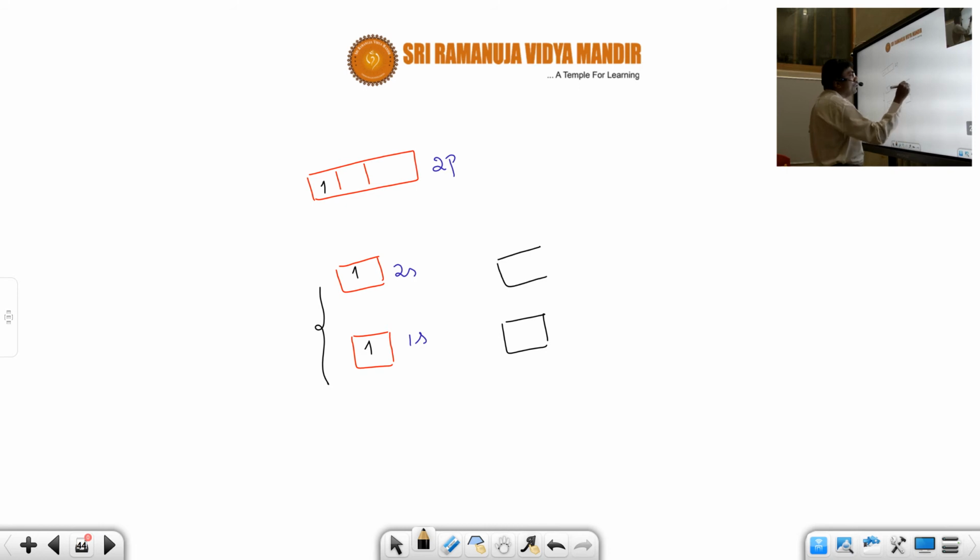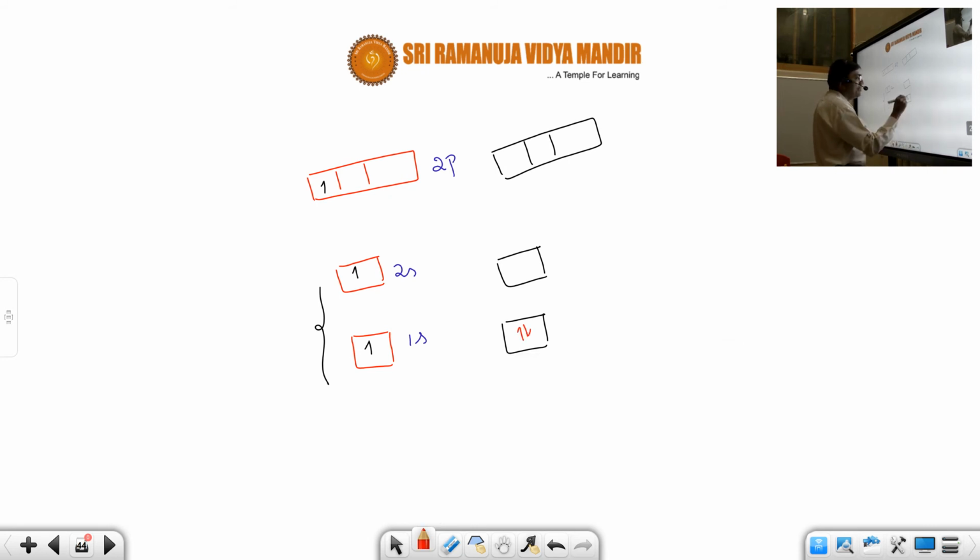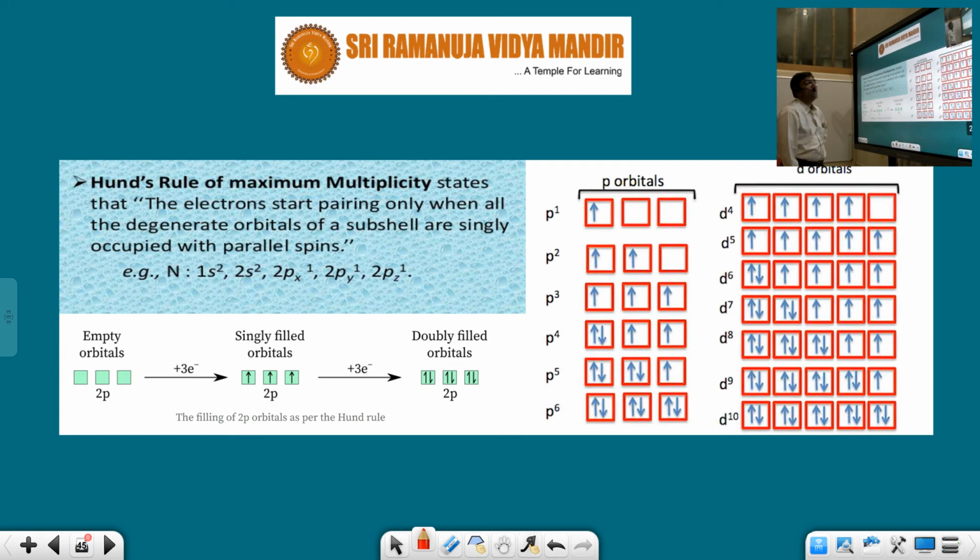So it is wrong. So for example, if there are 3 electrons to be filled, how to write here? You cannot write this way. How to write this? You should fill the electrons properly. 1, 2, 3 electrons. Because these two are different energy levels, you can do pairing. This is only for degenerate orbitals. This point is very, very important. So this way you cannot fill. You can fill this way. 1, 2. I hope you understood. So this Hund's rule is applied for only degenerate orbitals. So I hope you understood.